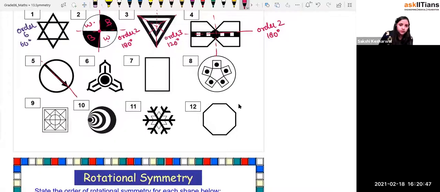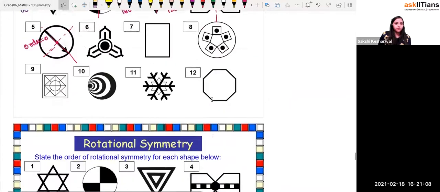Yeah, somewhere from here. So if you're going to rotate by 180 degrees also, right? So 90 degrees, no. At 180 degrees, the arrow will come to this side, right? So this is not exactly the same. It's going to be the same position only after 360 degrees. So the order is equal to what, beta? 1. That is because you're rotating by 360 degrees, right?